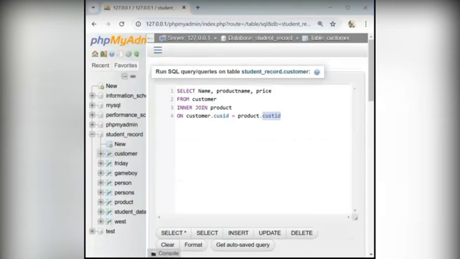Then let's briefly look at the left join. The left join keyword returns all records from the left table. Can you see that now? It will return all the records from the left table and the matching records, if any, from the right table. So let me quickly do something. Let's